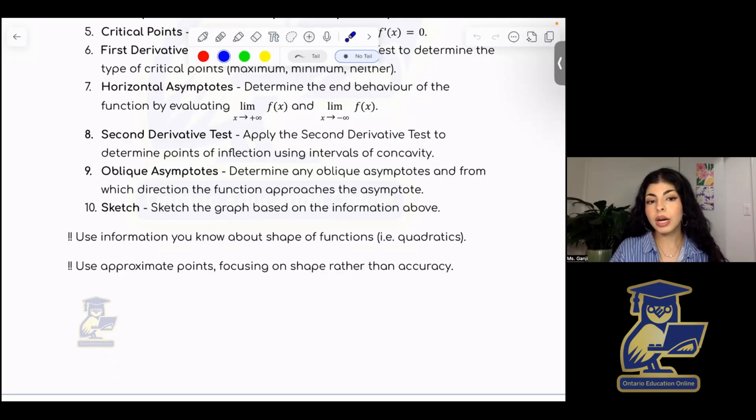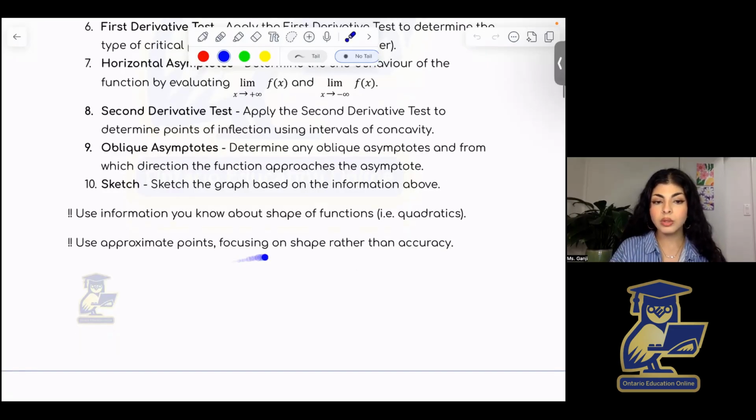Finally, I want to emphasize that we're using approximate points here. So you'll see, for example, when we get a square root or a rational expression somewhere, we approximate that to usually 2 decimal places because we're focusing on the shape rather than accuracy. If we wanted accuracy, we have graphing tools for that, but this is an opportunity to analyze the characteristics of functions based on all the information you've learned so far and use this to draw approximate shapes. Or again, if you don't have graphing tools available to you, how would you approximate the shape